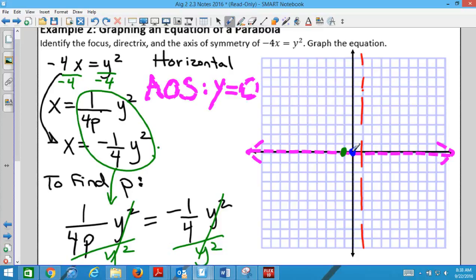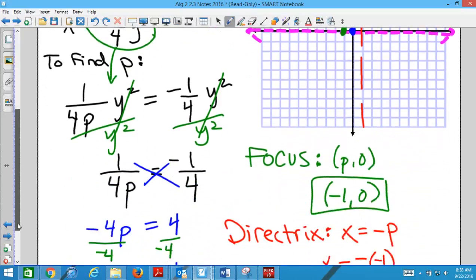Okay, but before I draw that, I want to be accurate. We're in Algebra 2 now. We can be accurate. We're going to find another point by just plugging it into the equation so we can graph accurately. So I'm going to use the equation. I'm just going to recopy it down below so I don't have to keep scrolling. Our equation was x equals